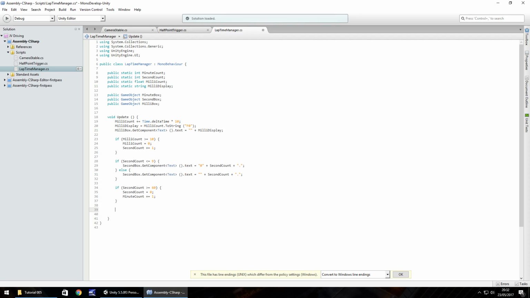So there's only one if statement left in this script now. Hopefully you guys have figured it out. It's pretty much the same as what we've got here for second count, but for the minutes instead. So if, open bracket, minute count is less than or equal to 9, close bracket and open curly bracket, then we just need to do minute box dot get component, open spiky bracket, Text, close spiky bracket, dot, oh sorry, there's open close bracket there, dot text is equal to,